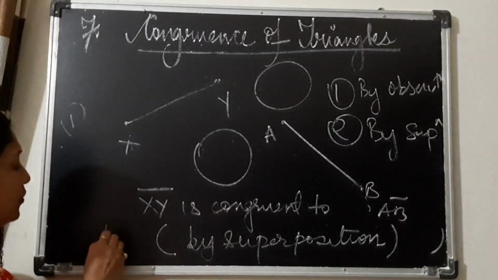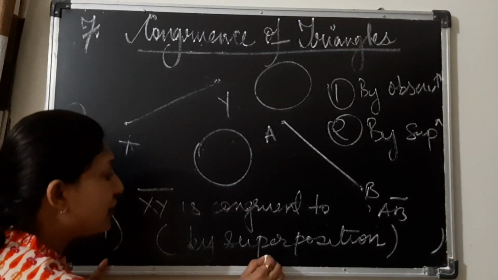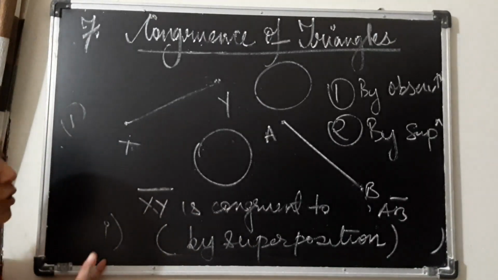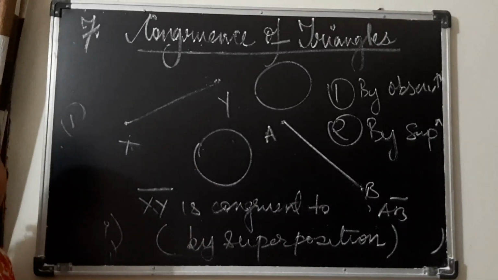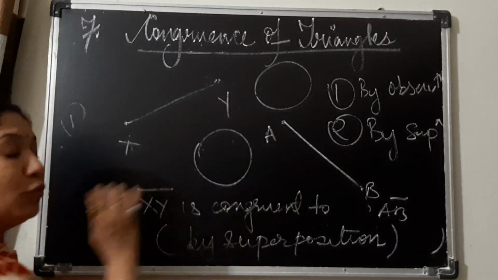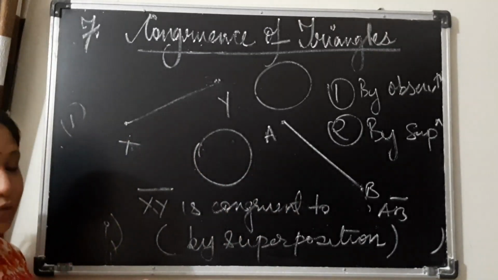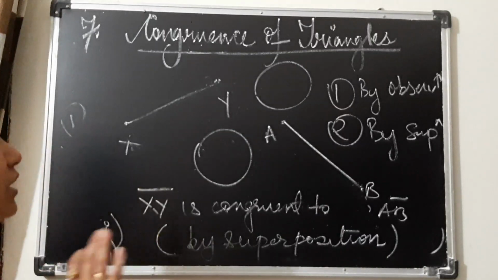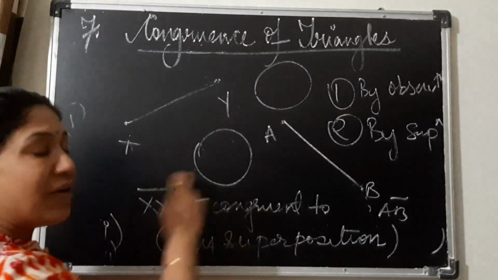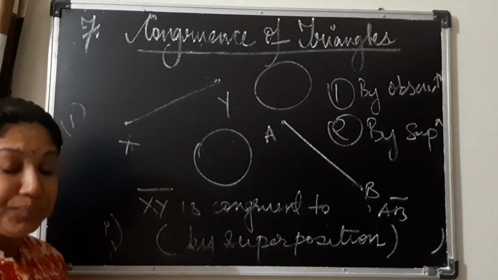First is the superposition method, and under this we have two sub-methods I told you. One is the tracing paper method and the second is paper cutting. So you will draw two pairs of lines, at two different times. One is AB, CD, that one we have taken. That way you saw they were not congruent. Now another pair I have taken, here you saw they are congruent.